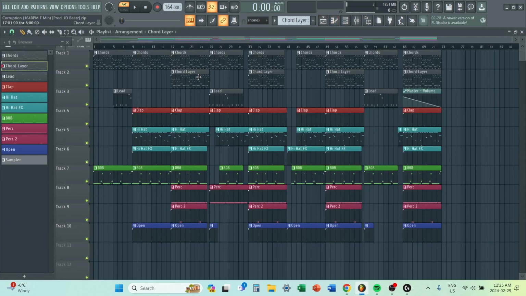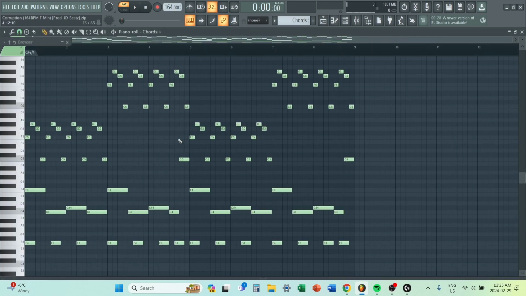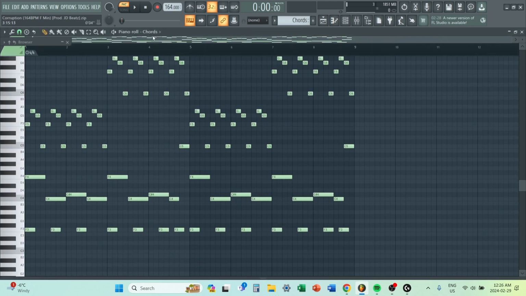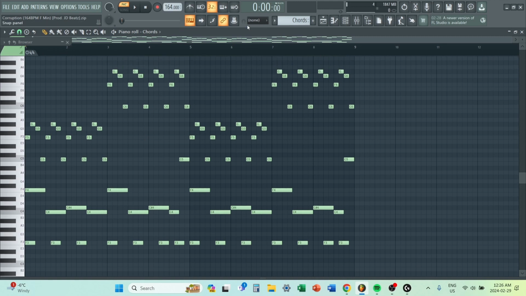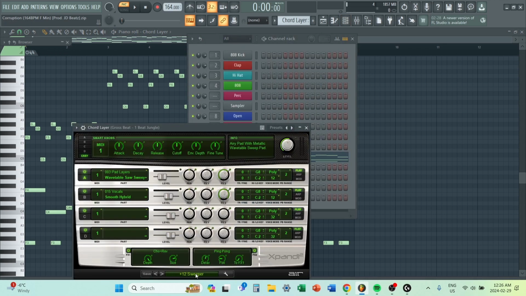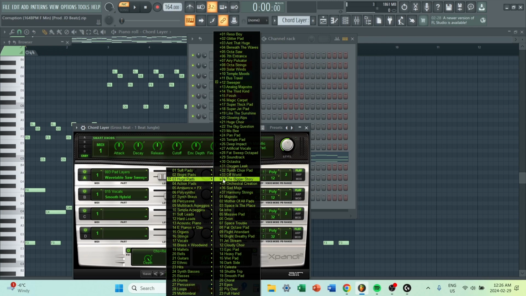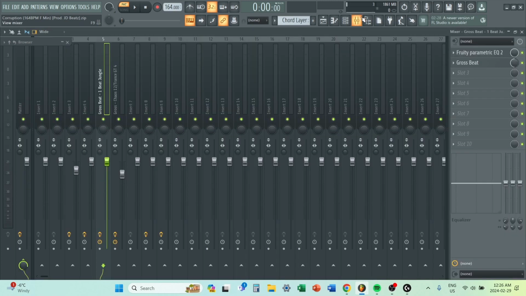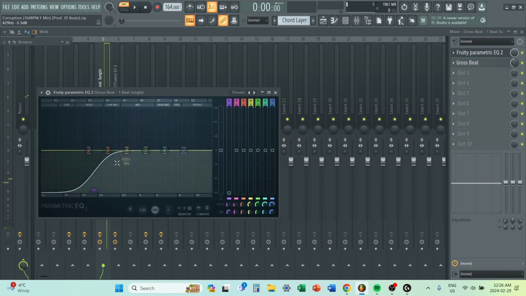Then after that, I layered the chords. I guess they're chords. I don't know, every time I make a melody, I just write chords. They're not really chords, but I copied the melody onto a second layer, and this is what the second layer sounds like. The preset I use for that is in Expand. It's called Sweeper, and it's in Huge Pads. Then I use the same mixer channel, the same EQ, and the same exact